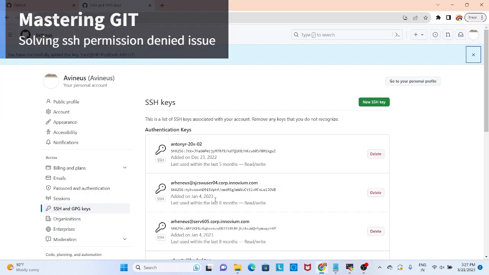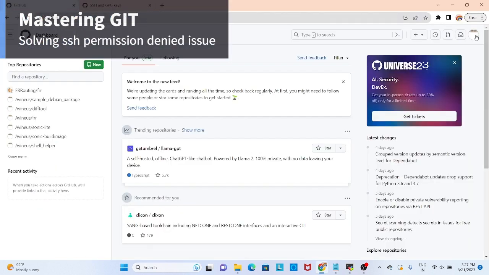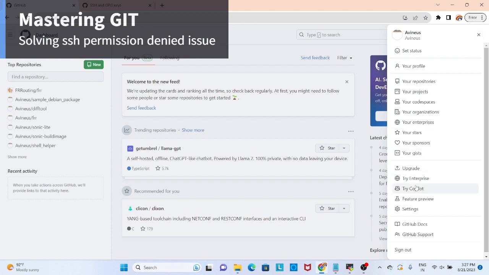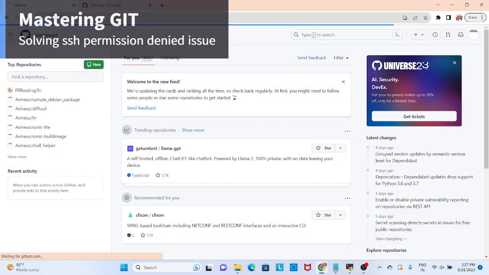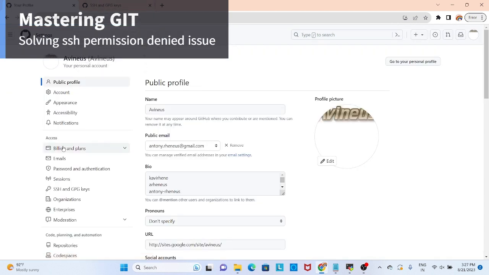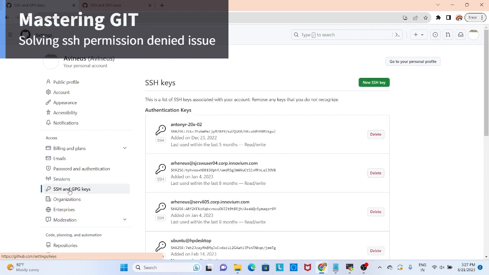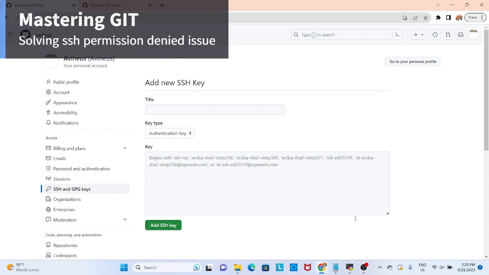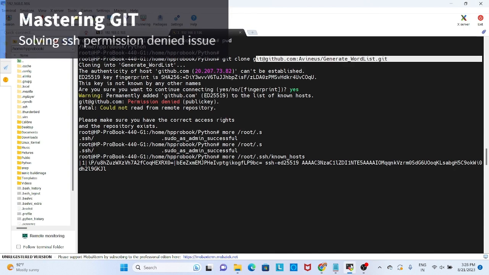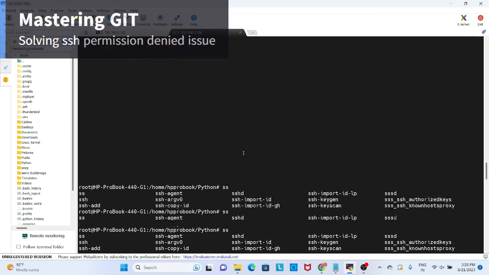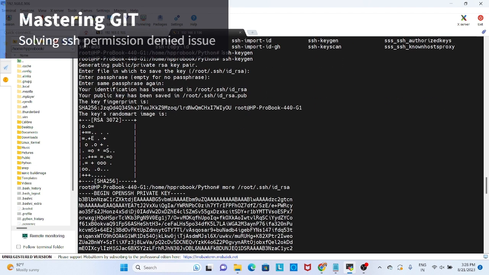So just go to github.com and here you can click here and go to the settings. So you'll get this page. In this, go to SSH key. So here you have to add a new SSH key. So how to fill this key is, you come to your home path and then you type this command ssh-